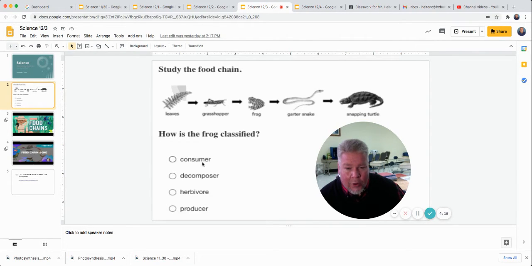There's only one thing on this food chain that is not a consumer. What would it be? The leaves are not a consumer. They're not eating anything else. But everything else, the grasshopper, the frog, and the snake and the turtle, they're all consumers because they're all eating something. They consume something, in other words. Okay? So in this question, the frog is the consumer. Well, like I said, we've not gone over that yet in science class. We'll do some book lessons and activities later on this 9 weeks on these.